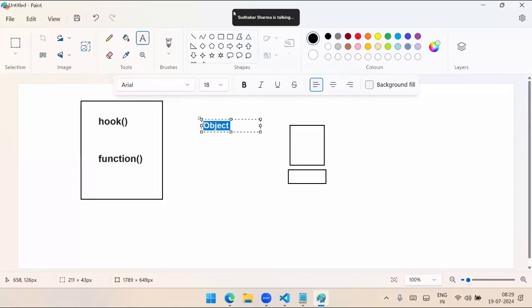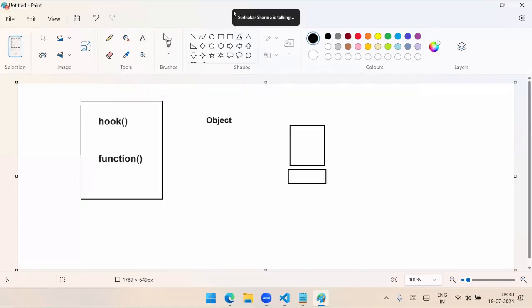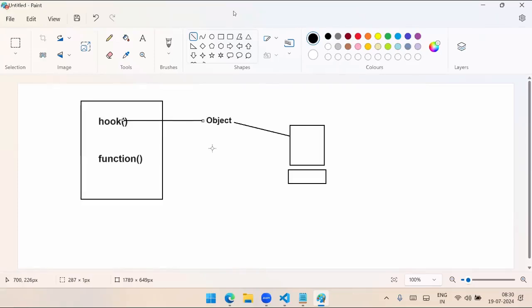Now by using this object, we connect with the hook and we access the hook. Actually, this happens internally. Whenever you access a hook, an object is created for it. Through that object, it is accessing that hook, right? Now, when you want the hook again, that means across multiple requests, you want it again, then